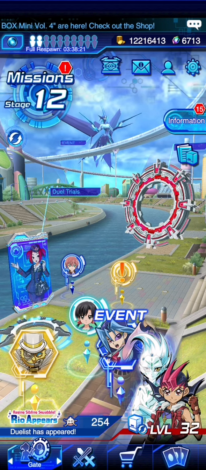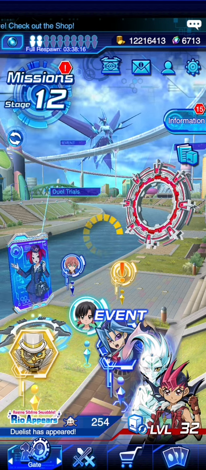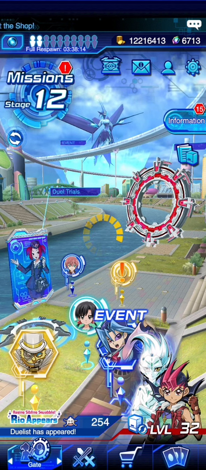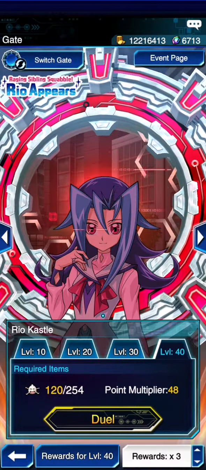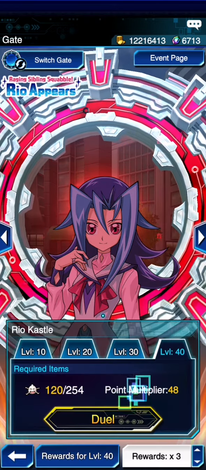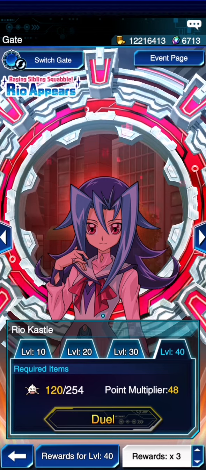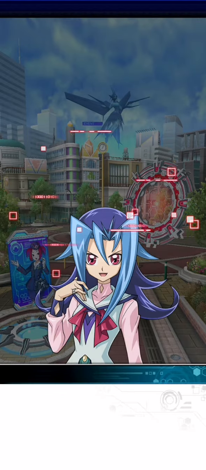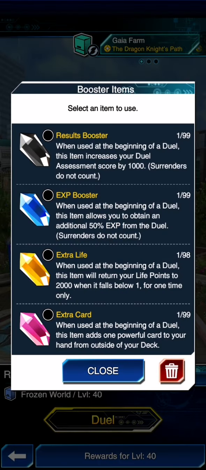Okay, but let's get back to showing how to do the farm, which is the point of this video. Apologies that it took so long. So you want to make sure that you're on reward multiplier 3 and that you're going for level 40. We're going to click on duo, and then we want to use all of the items,